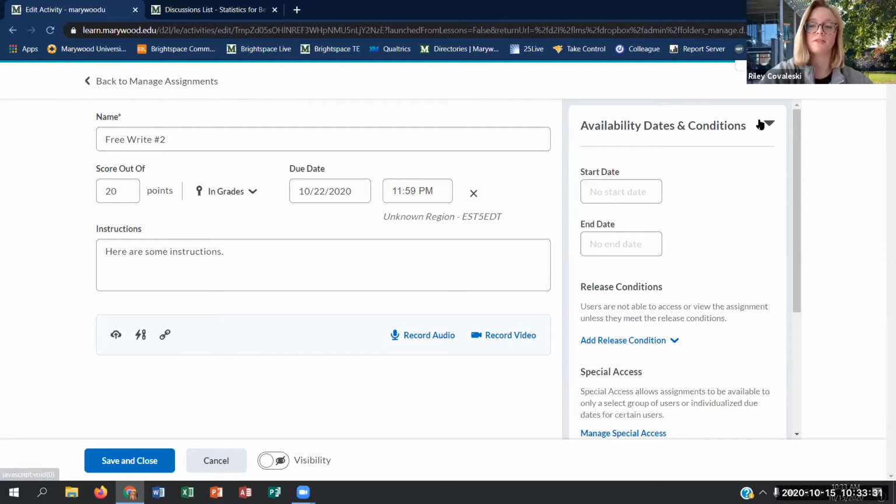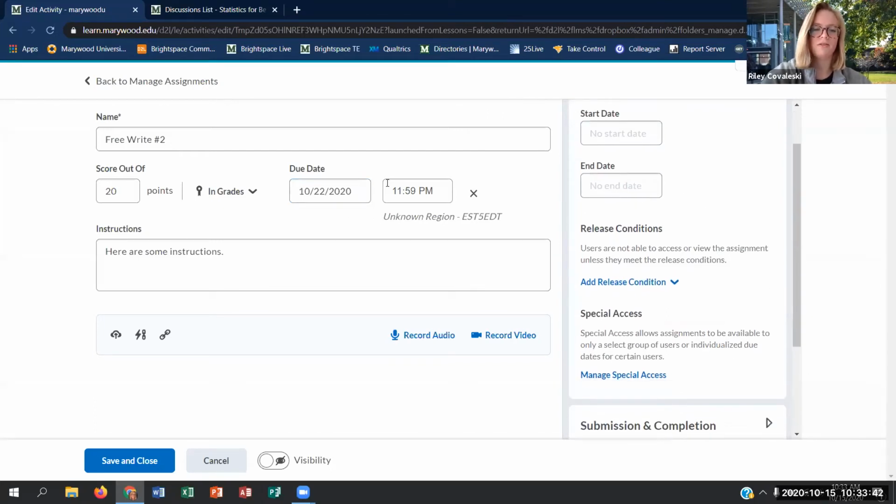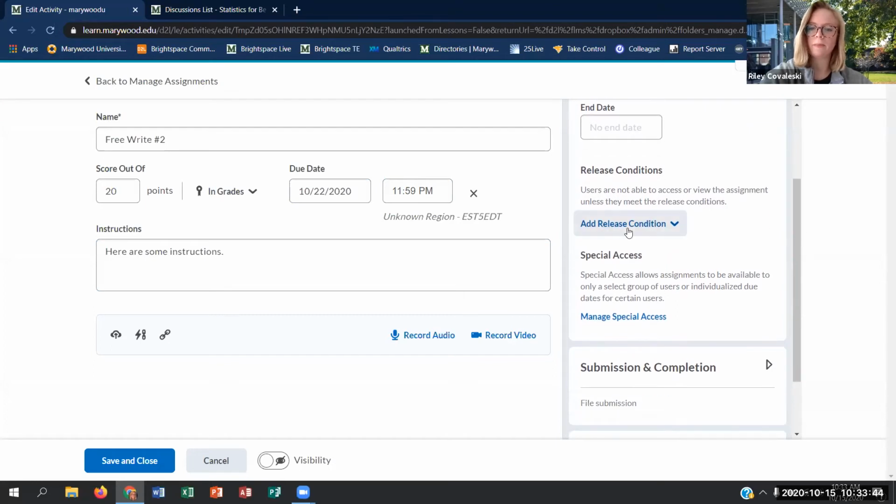So if it does look like the blocks on the right, you just click on this arrow to unleash the details. You can have your availability dates here with your start date and end date. But if you think a due date is sufficient, then just leave it as it is. We also have our release conditions as we've seen, but something that's different is the special access, which is for